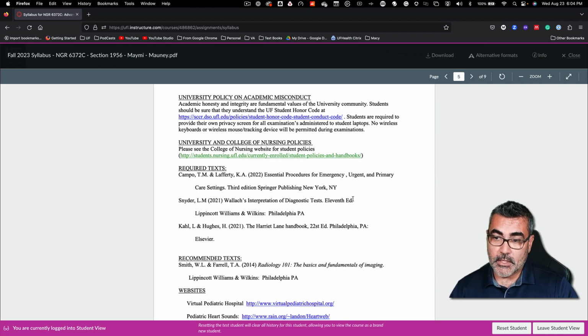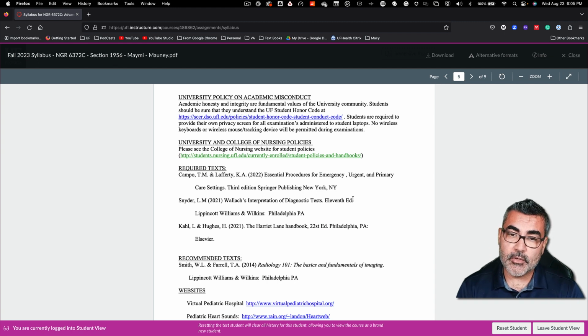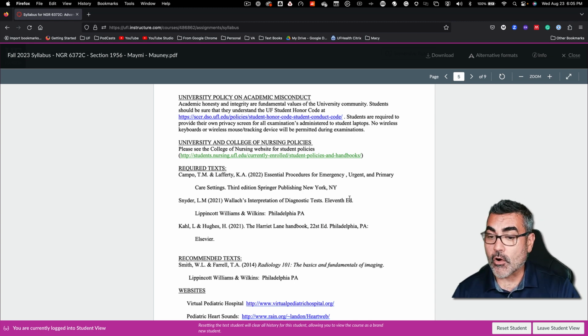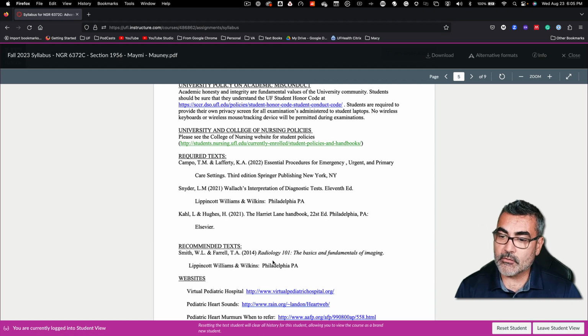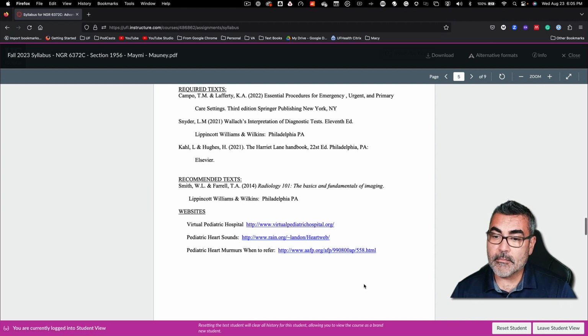Textbooks for this course are listed here. There are 3 required textbooks: the Harriet Lane, the Wallach's Interpretation of Diagnostic Tests, and the Essentials for Procedures for Emergency Room, Urgent Care, and Primary Care. I have required readings for you throughout the semester. These 3 textbooks plus journal articles is what I will provide. There are other textbooks out there. Radiology 101 is a good one to look at the fundamentals of looking at different radiological images. And there are some other websites here that might be helpful for you if you're trying to improve